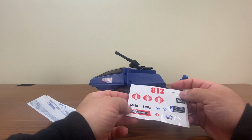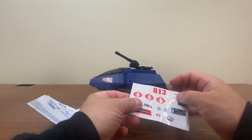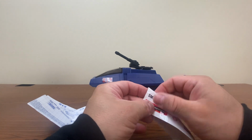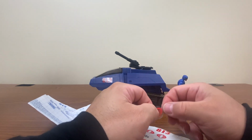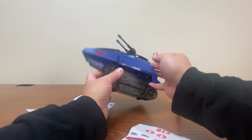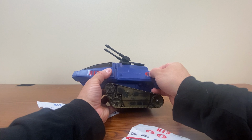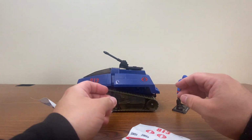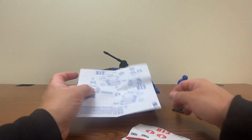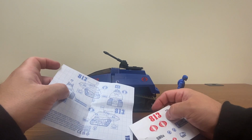We got ourselves a Cobra logo to stick on there too. After all, this is a Cobra tank. Looks like we got it pretty straight. Hooray! The SM8A, which goes...